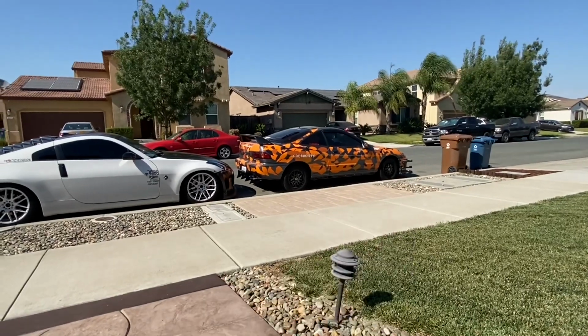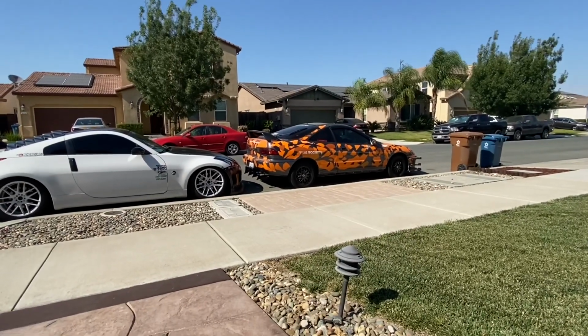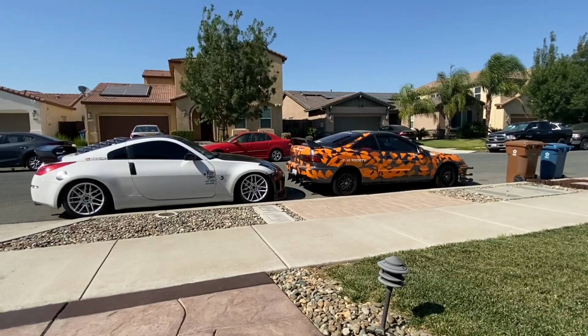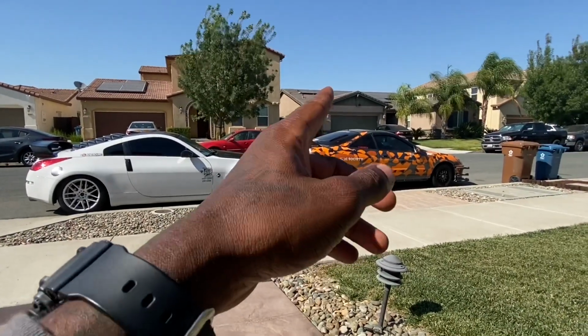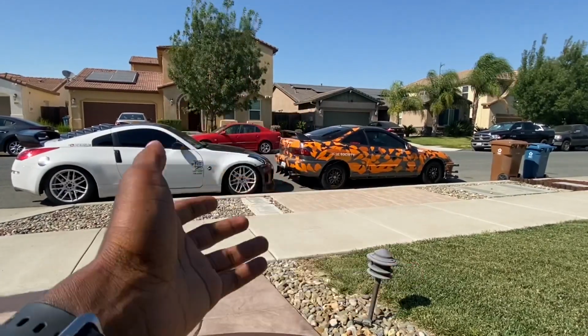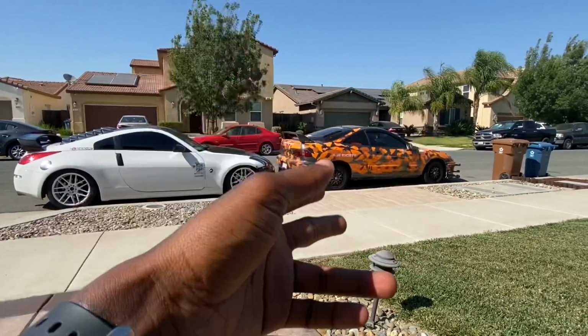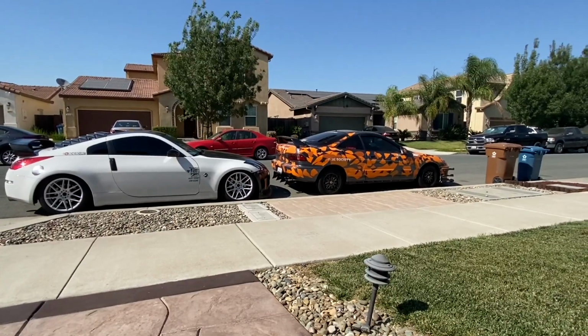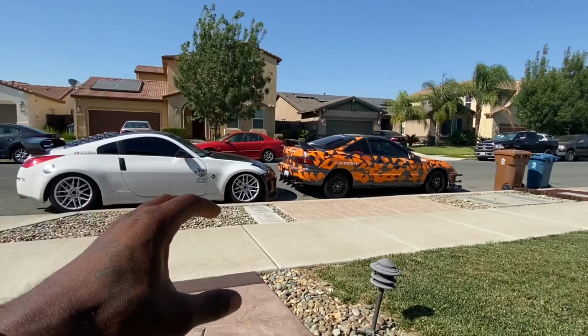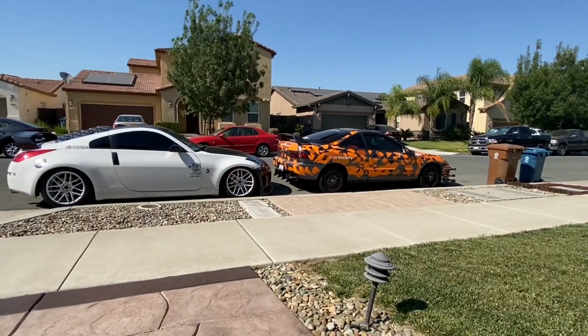The Integra is just overall a legendary car to me. It's one of them legendary JDM cars people kind of overlook at times. And these are great cars. And I'm gonna tell you this too, for a lot of people that are interested in first time cars, the Integra is the best car to start with. Honestly, it's really the best car to start with. If you can find one on the market with a good engine, you're in the game,